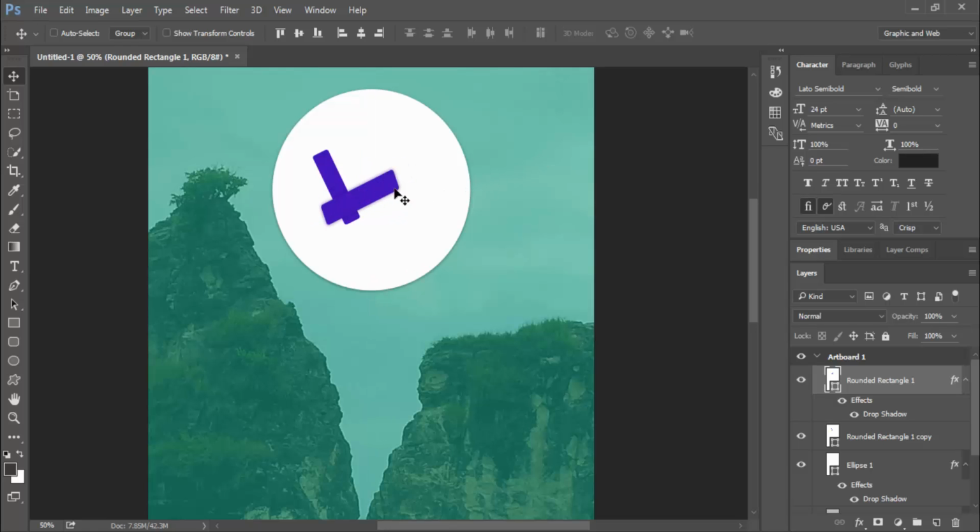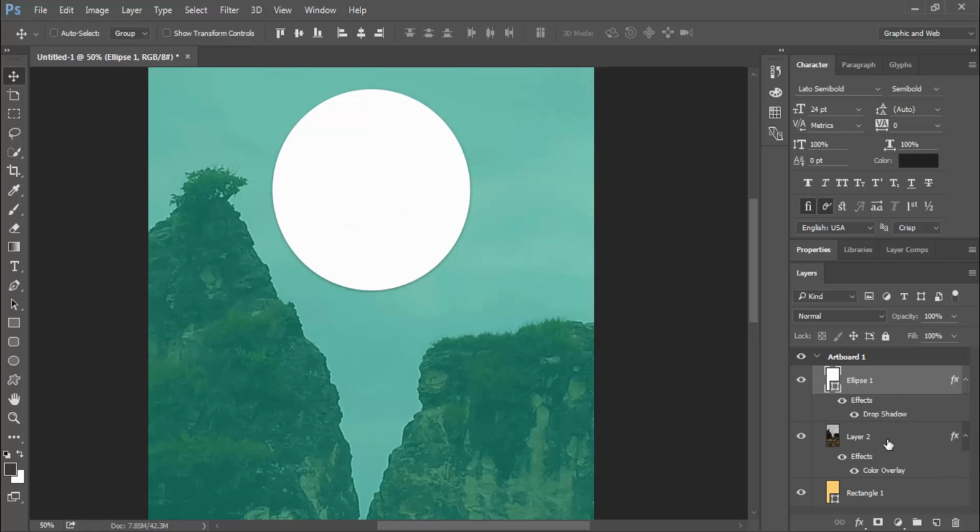I just want to make the travel logo like that logo.